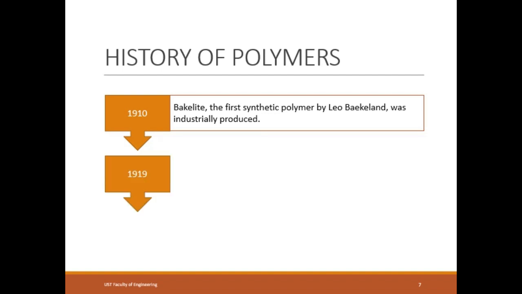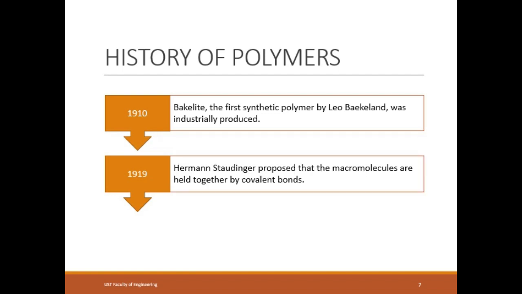Now, in 1919, one of the most important discoveries was the idea that polymers are actually long-chain molecules held together by covalent bonds. Before this year, that idea wasn't the view of these materials. People knew that yes, they are big molecules or macromolecules, but the conventional view was that they were just clusters or aggregates of molecules because it wasn't thought that there could be a mechanism for these molecules to form long chains. This was such an important advancement and discovery that Hermann Staudinger was awarded a Nobel Prize for this in